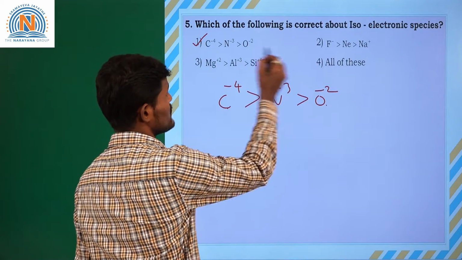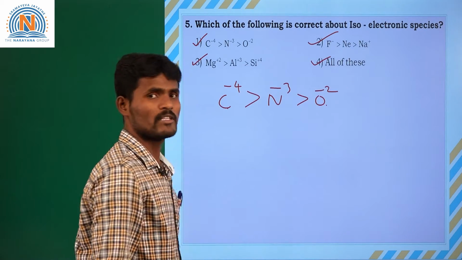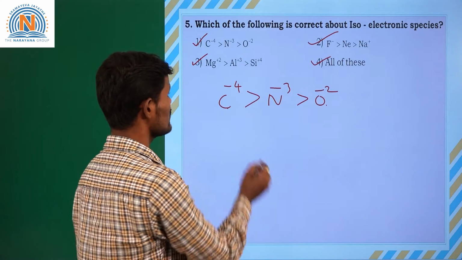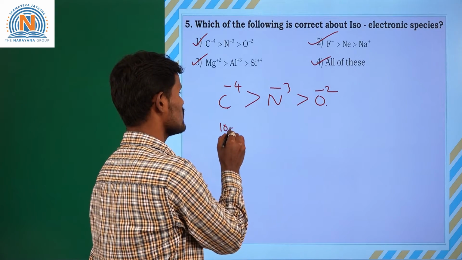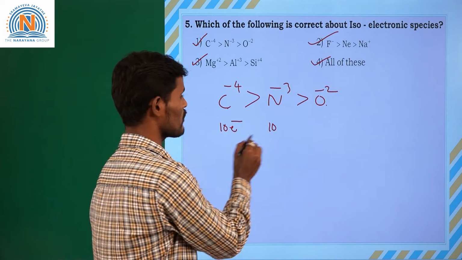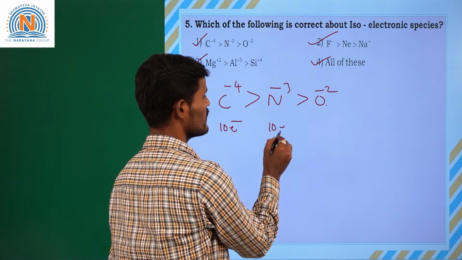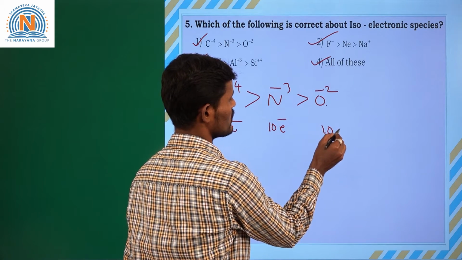Carbon -4 has 10 electrons, N-3 also has 10 electrons, O-2 also has 10 electrons,